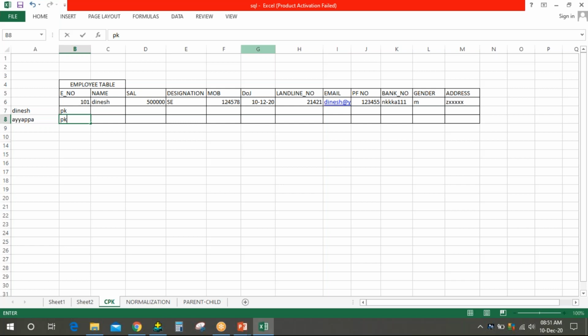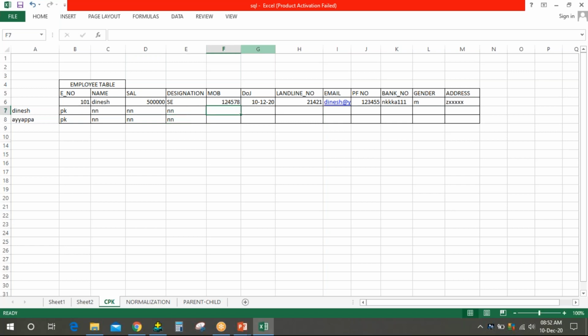Primary key only. Okay, what about name? Not null. Salary? Not null. Designation? Not null.